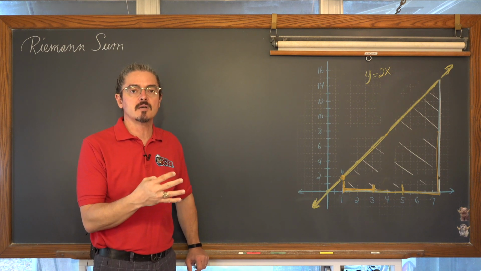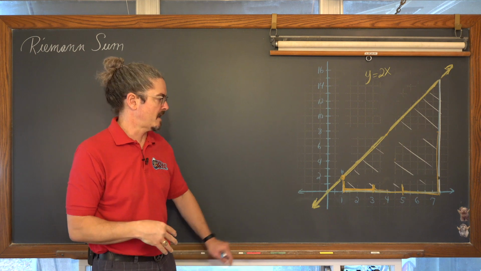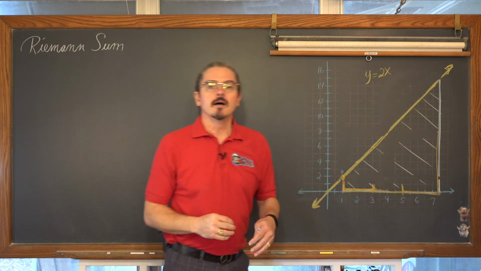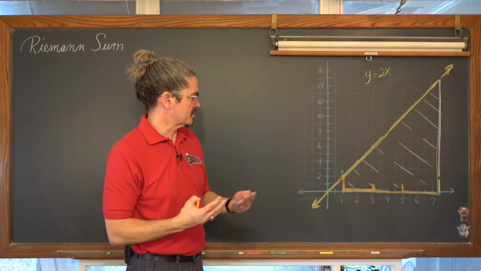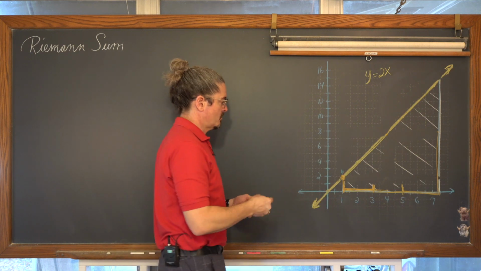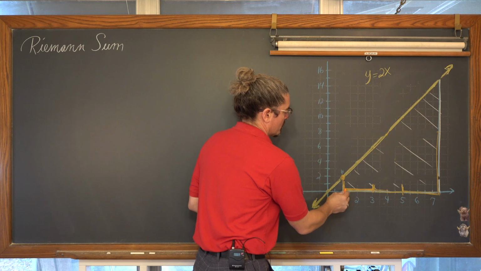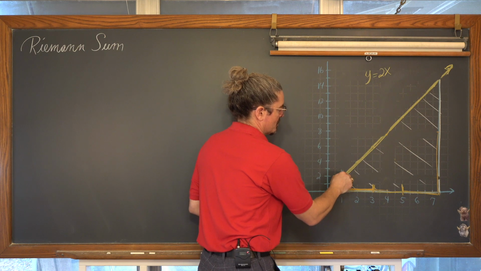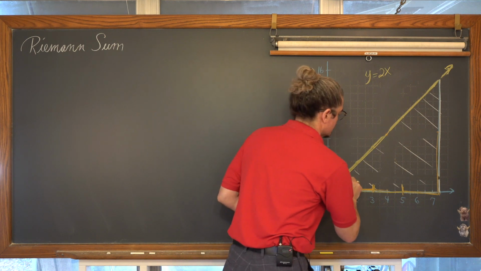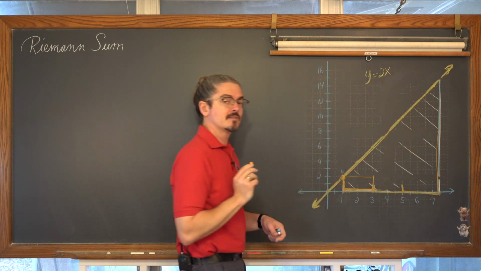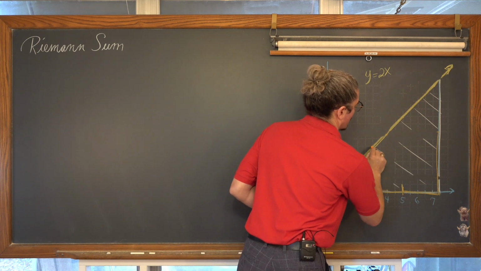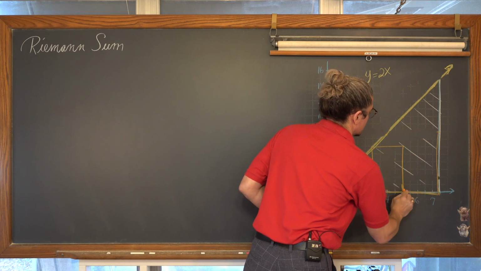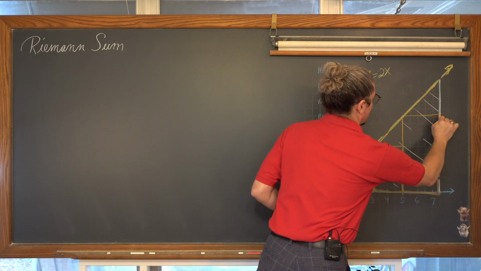Now when you do Riemann sums in calculus, truly you don't have to have equal intervals, equal delta x's as we set up our Riemann sums. It's just being done for convenience, and it's what is most commonly done. So we're going to take the value of 1, allow it to determine the height of this rectangle, and then go over 2 units. The value of 3 gets plugged into y equals 2x and determines the height of a rectangle, and go over 2 units. And then the same with 5.